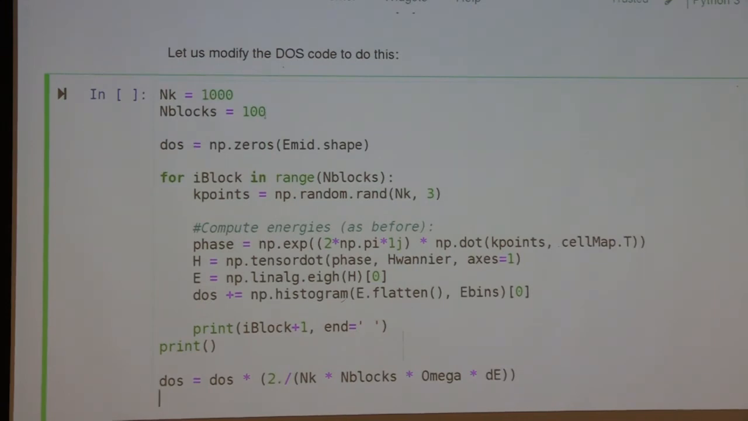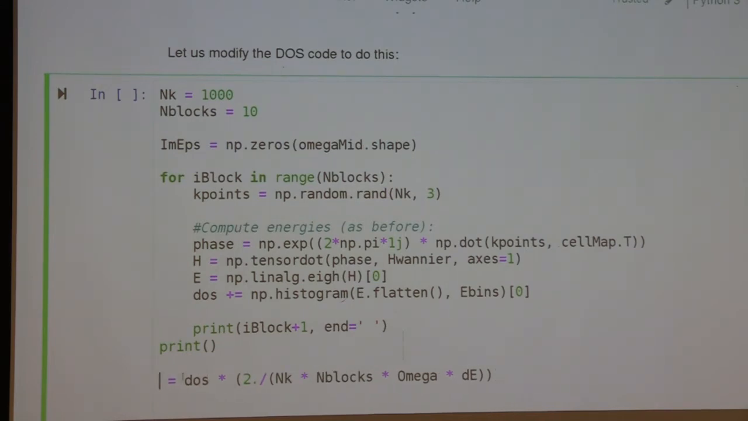Right? And let me first test the code with 10 blocks before we jump to 100 blocks. And what we are collecting this time is going to be the imaginary dielectric function. So let's do the easy things first. This is going to be on the frequency grid, not the energy grid. And I'm going to have to do some normalization, which we'll put in later. And this is going to be d omega,